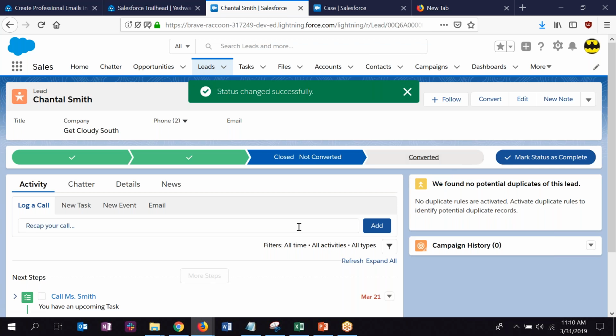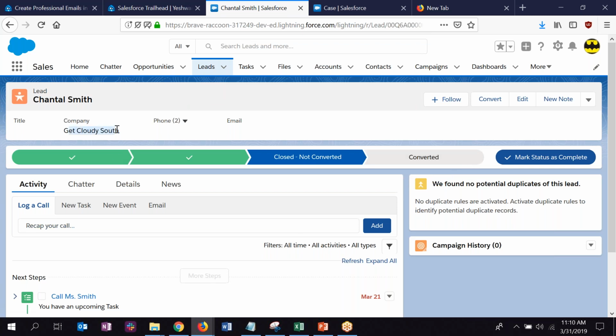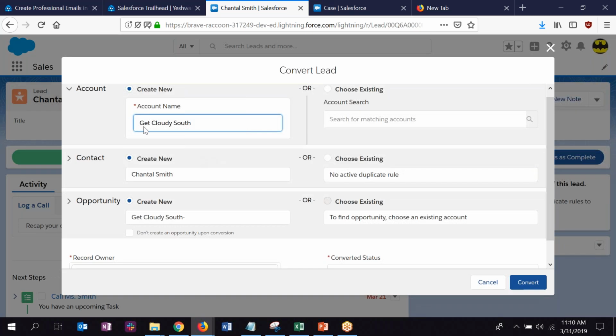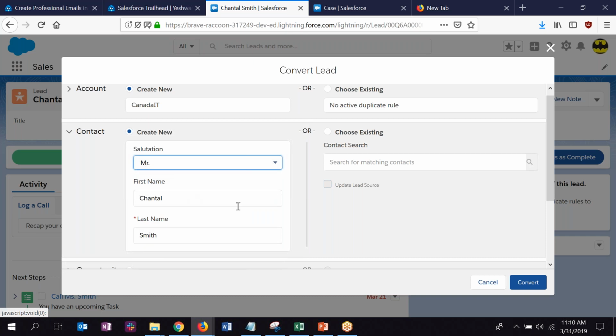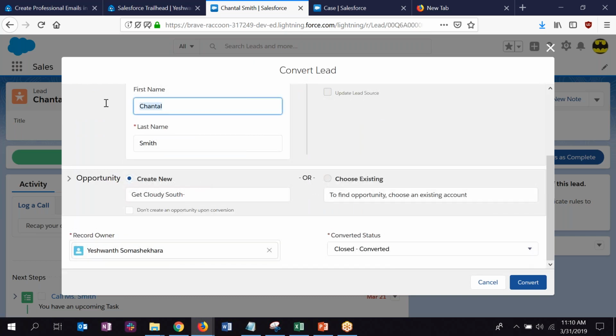So we're taking a lead, Chantal Smith. He's related to the company Get Cloudy Smith. So lead is one you have not done business with. Then you're going to complete it and see we can create a new account. Demo Smith wanted to create an opportunity.